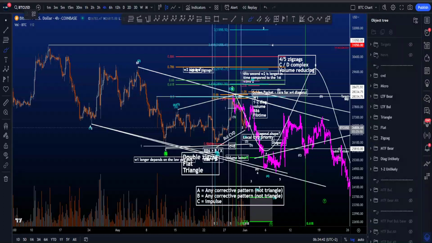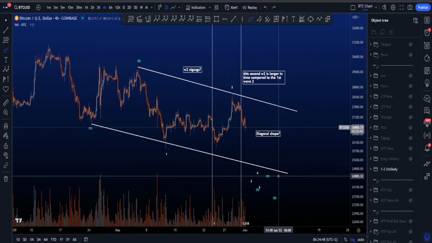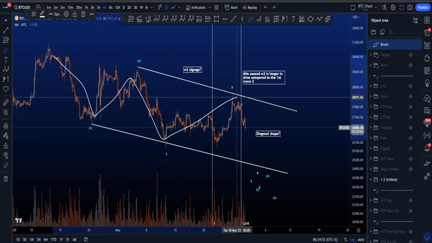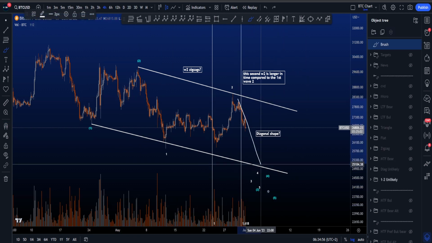Hi everyone, let's go over my bullish and bearish medium time frame, low time frame and micro Elliott Wave scenarios on Bitcoin, starting with two unlikely medium time frame scenarios, where the first one is a 1-2-1-2 for then a bigger 3 to the downside, where you really want to see volume pick up while price is moving in this